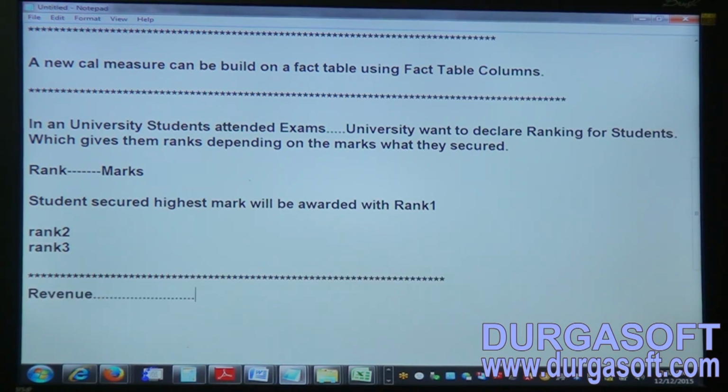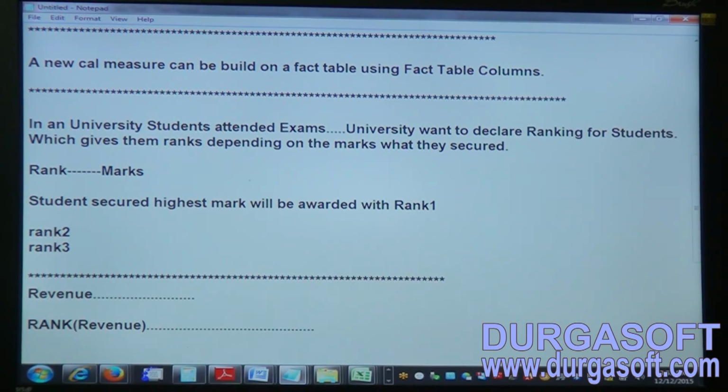revenue for the customers and all. Our client wants to provide ranking for the revenue. That means the rank function should be applied onto the revenue column. Once the rank function is applied onto the revenue column, what happens in real time is, once it is applied, this revenue will generate whatever the highest revenue. If a customer is getting the highest revenue, that customer will be declared as a